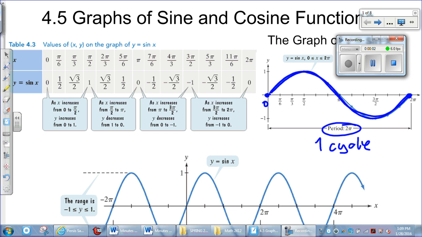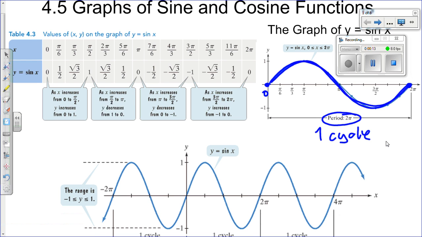This video will cover section 4.5, the graphs of sine and cosine functions. We already did an activity in class where students were able to unwind the unit circle to construct sine waves. So right now we're just going to review them briefly. I was explaining how one period goes from 0 radians to 2 pi, and this is for the parent function